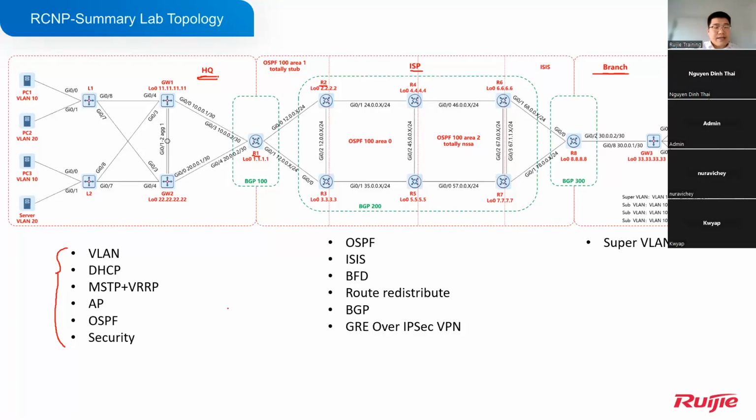Okay, and as you can see, in the headquarters, the first protocol we use is VLAN. VLAN is very commonly used in the network, right? Because we use VLAN to